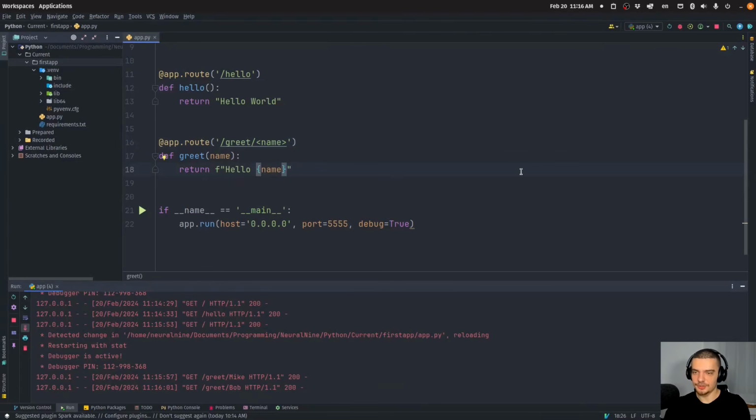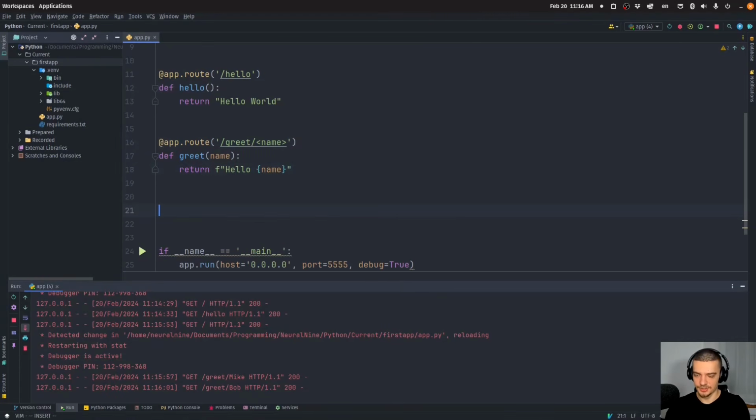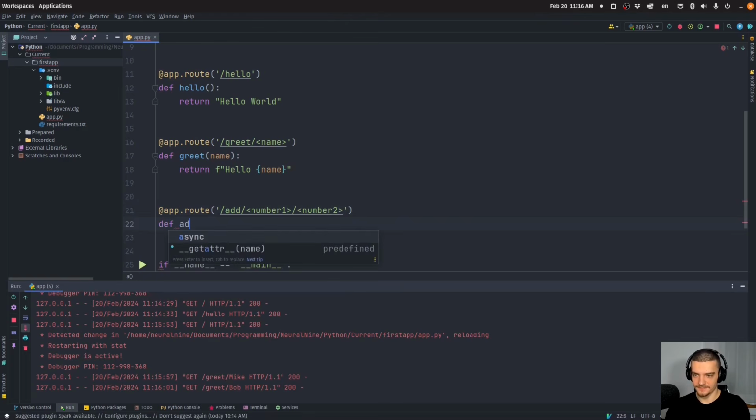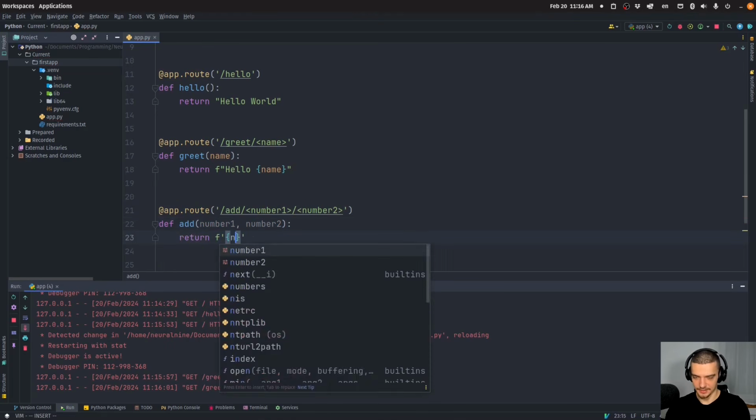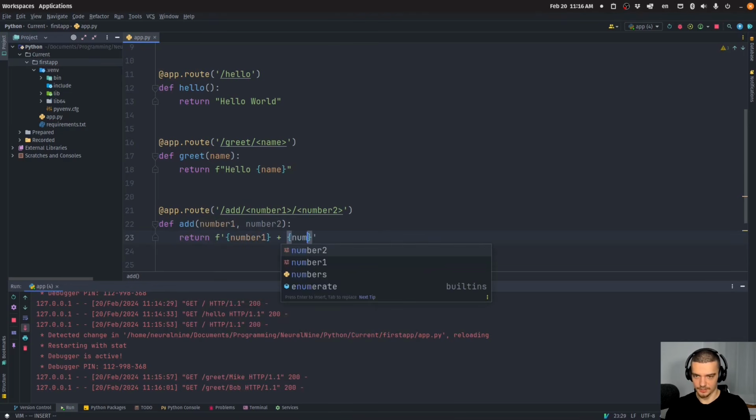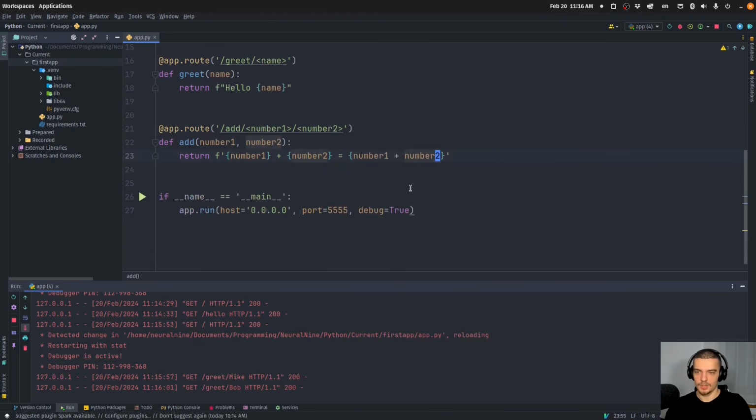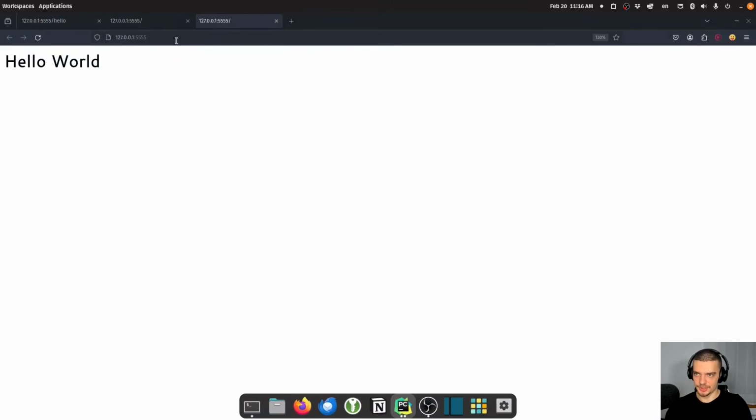Now, there are certain things that we can add to these URL processors. So for example, if I have a route, let's call it add, so /add, and what I have here is number1 and number2. Then what I can do is I can define the function add, which takes the parameters number1, number2. But you're going to notice something if I return, for example, an f-string saying number1 plus number2 is equal to number1 plus number2. What you will notice is that when we go to the application